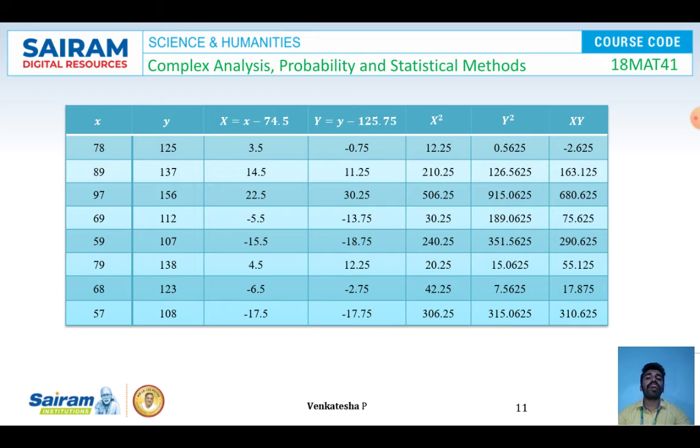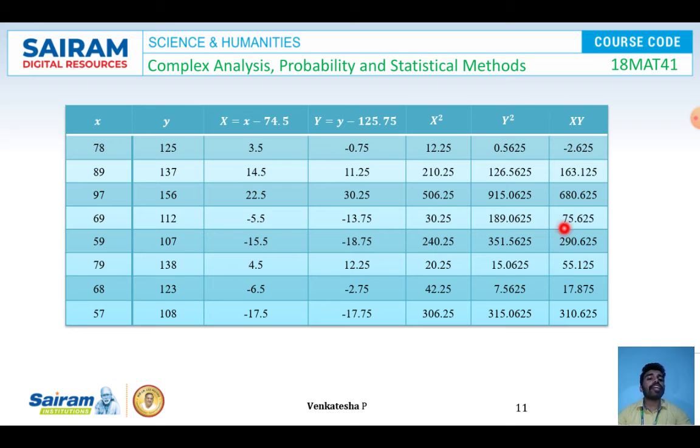So squaring all y, we get capital Y square, that is 0.5625, 126.5625, 915.0625, 189.0625, 351.5625, 15.0625, 7.5625, 315.0625. Now calculating capital XY, that is multiplying capital X with capital Y, we get minus 2.625, 163.125,